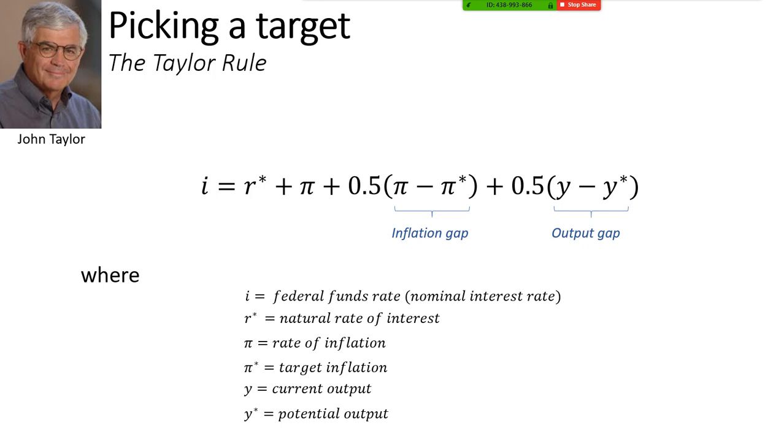up with a formula to describe how the Fed was targeting the federal funds rate that was remarkably accurate. And that formula is written for you on this slide. So the I stands for the interest rate, which is here the federal funds rate. So that's I. And we can also consider that the nominal interest rate. And the reason is because the federal funds rate really sets the tone for all short-term interest rates in the economy. So it's accurate for us to think about the federal funds rate as kind of the nominal interest rate